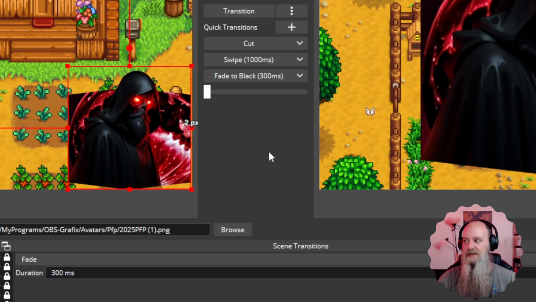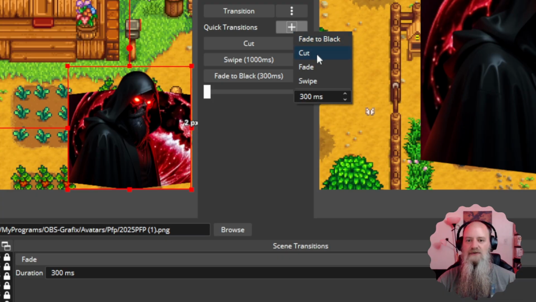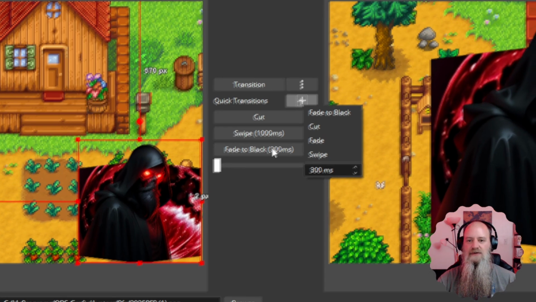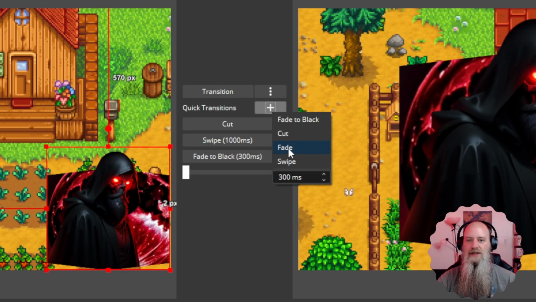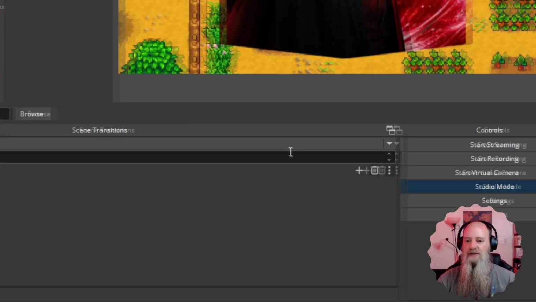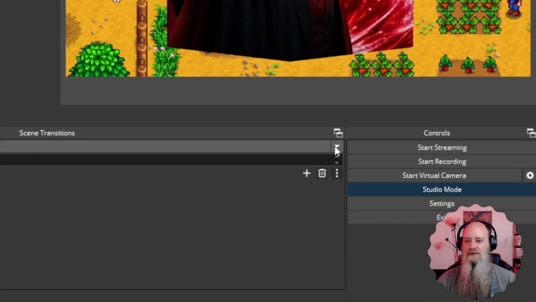So the last thing in the center is the quick transition, the little plus sign. If we click this, you will be able to add any of the transitions that you have added to the primary scene transition dock. So you see we took the fade away, so we can add the fade back, and there it is now. And if I come in here and let's say we want to add a new one,